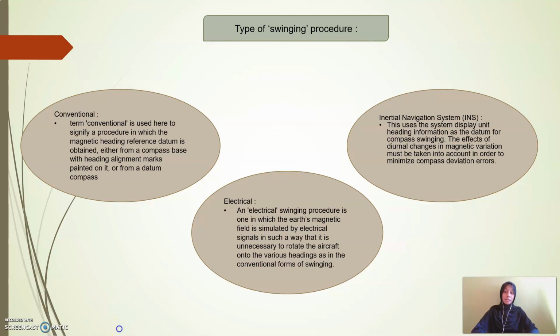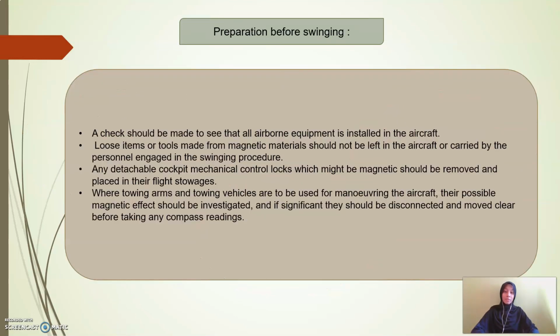Next is preparation before swinging. A check should be made to see that all airborne equipment is installed in the aircraft. Loose items or tools made from magnetic material should not be left in the aircraft or carried by the personnel engaged in the swinging procedure. Any detachable cockpit mechanical control locks which might be magnetic should be removed and placed in their flight stowage,